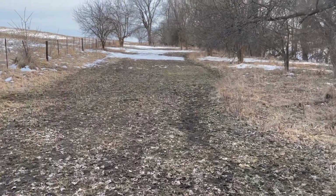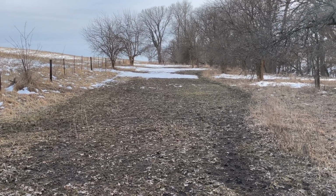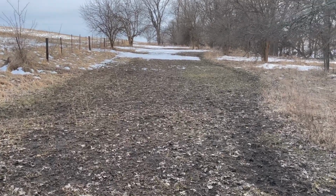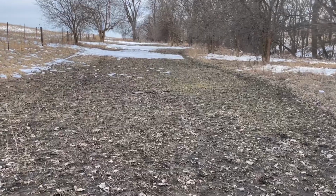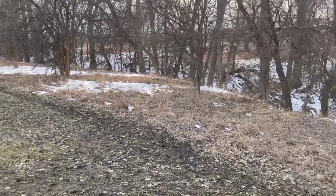I helped them plant this food plot years ago. Came out here, planted some beans down in here, and he had tilled it up really nice, so it went in the ground nice, but then it got rain. And then it just crusted over, I think, really bad, and hardly came up. Sometimes it's best to try and no-till the beans in if you can. Some years the ground is too hard to do that, but